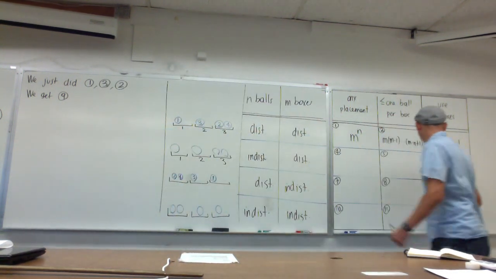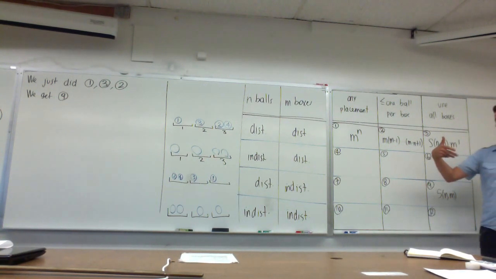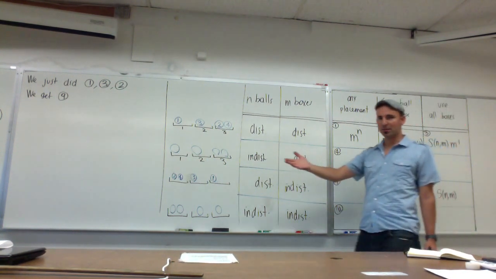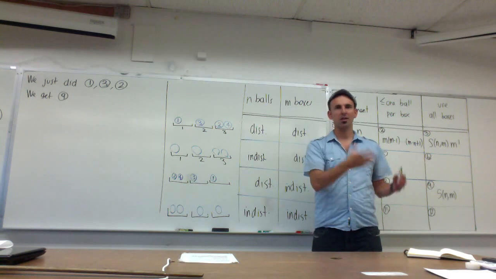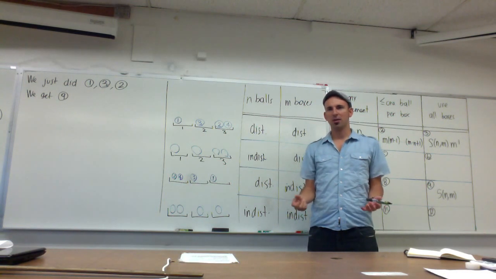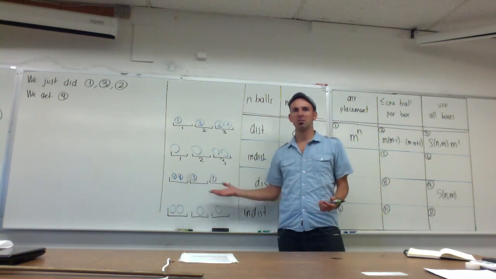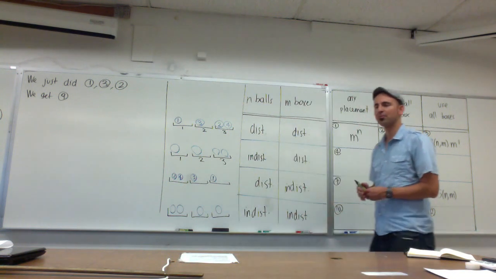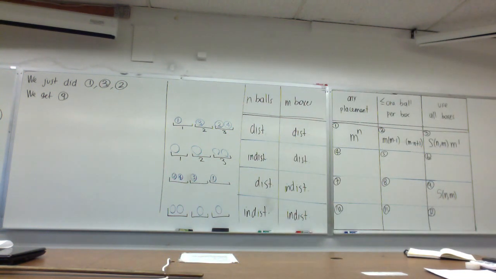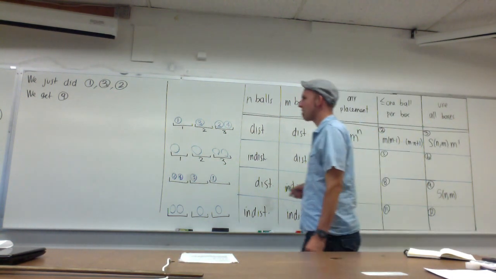Thank you. So I take my m balls, and they're numbered. So I have a set 1, 2, 3 up to n. I split it into m groups, and now those m groups already determine my placement because the balls don't have any names. Okay, that makes sense. So I get that. Now from that I can get 7